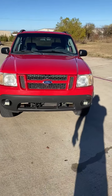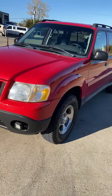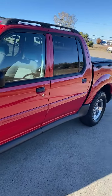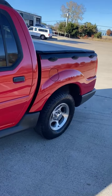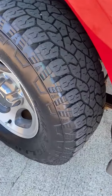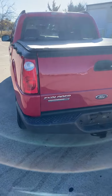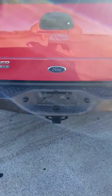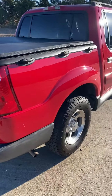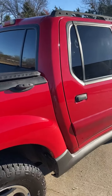This is a 2005 Ford Explorer Sport Trac, in wonderful condition. Like all of our vehicles, it will need nothing cosmetically or mechanically. Tow package, has a backup camera, navigation, aftermarket camera, aftermarket radio, running boards, power rear window, bed liner,